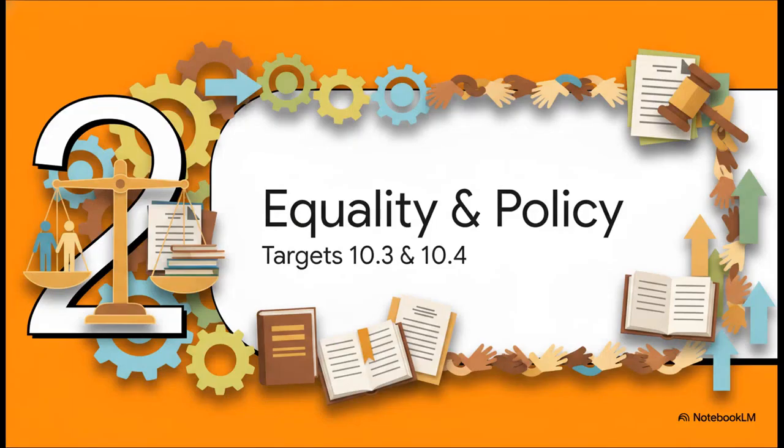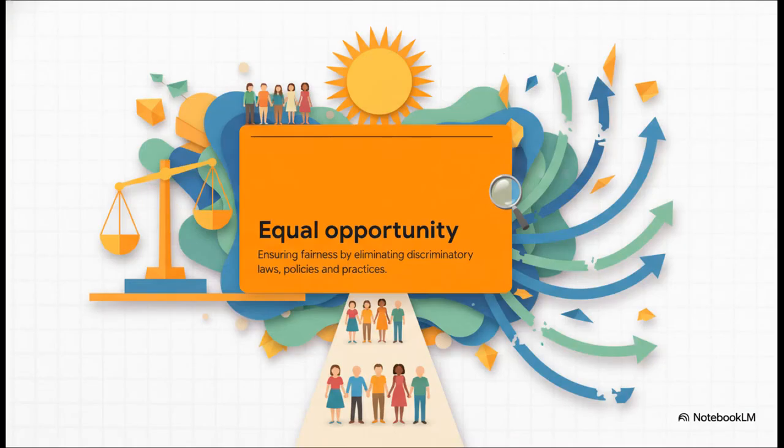And that brings us right to Section 2, Equality and Policy. To make all that inclusion a reality, governments must enforce equal opportunity. Basically, this is a state of fairness where individuals are treated similarly, completely unhampered by artificial barriers or prejudices. To achieve this, governments have got to step up and eliminate discriminatory laws and practices. Equality requires fair rules for everyone, everywhere.